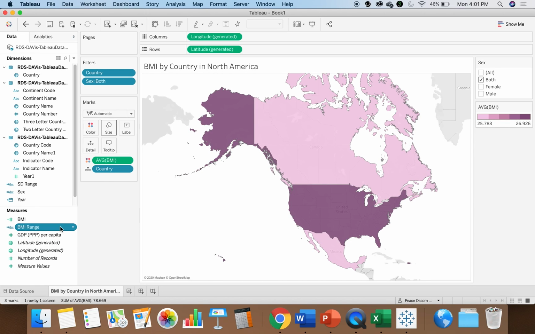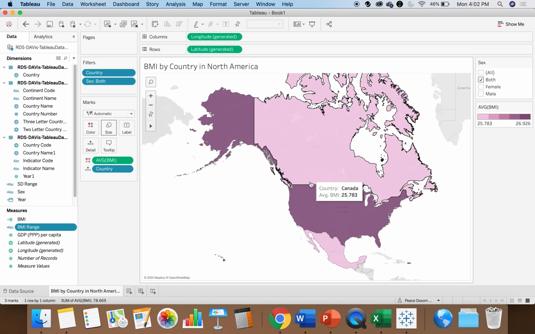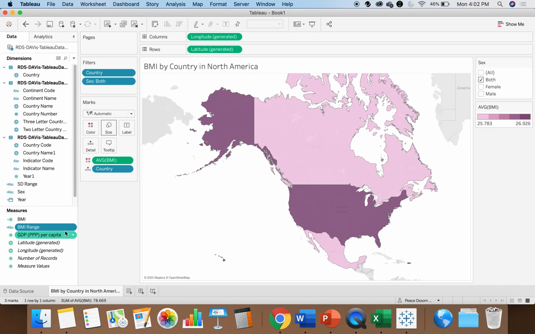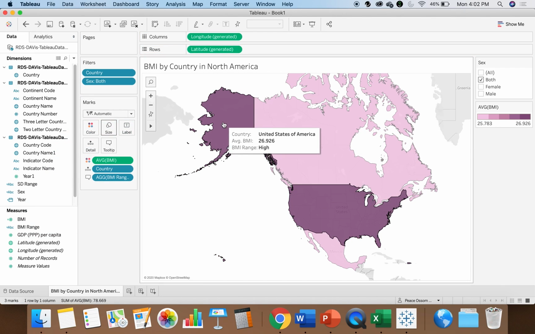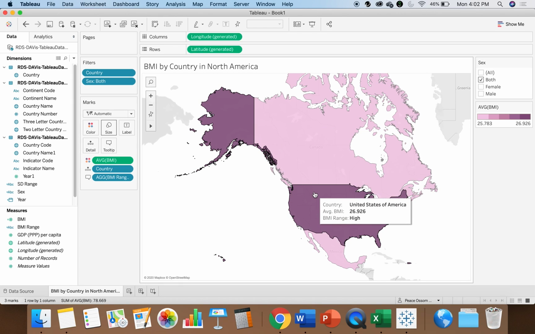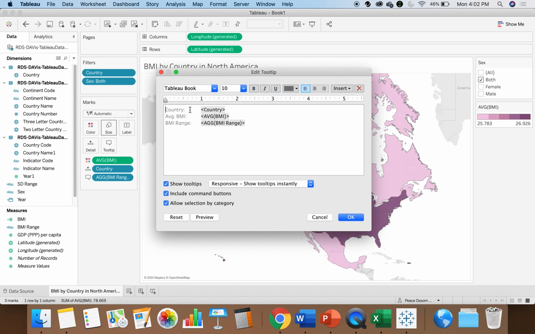All right, so now that I have BMI range, let's say I want to add it here. I want to still color them by the BMI, but I also want to add this information. When someone highlights their mouse over it, they can see what range is there. I can drag BMI range onto tooltip, and now you'll see the tooltip has changed to provide the BMI range. I can even go so far as to click tooltip and say the average BMI for this country is